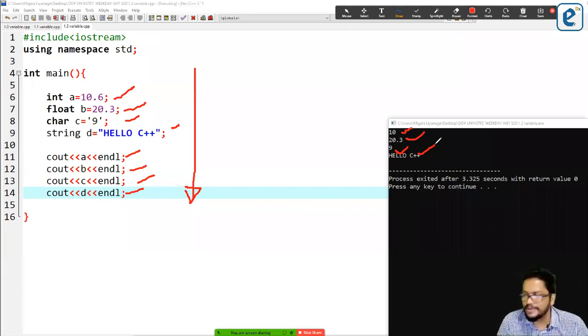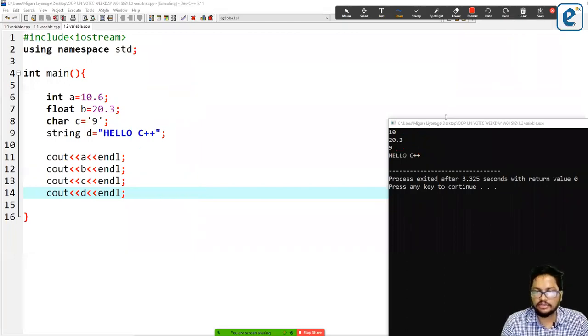Codes execute at that kind of speed. So first A is printed, then B, then C, then D, but you can't see it since it appears at once. So order matters, since all the code is executed from top to bottom, and things are printed in the order they were written. Okay, so that's it.